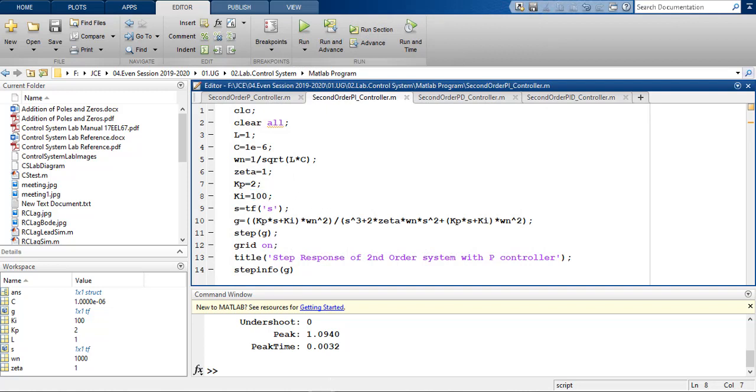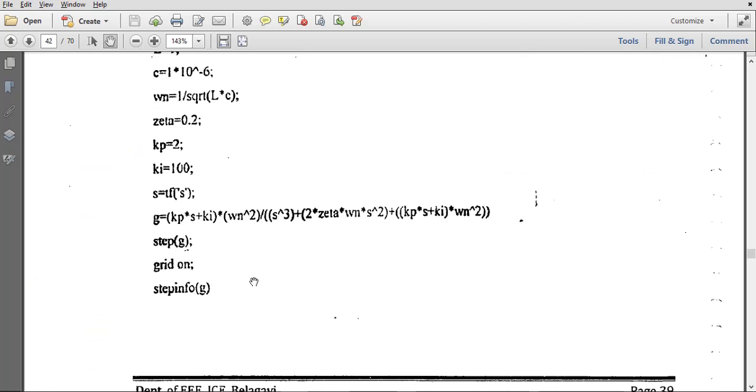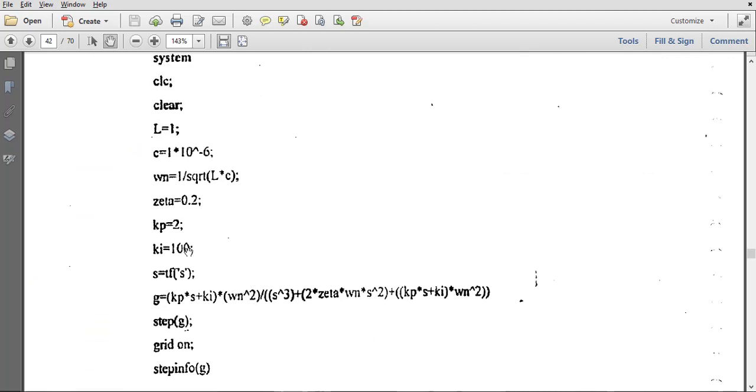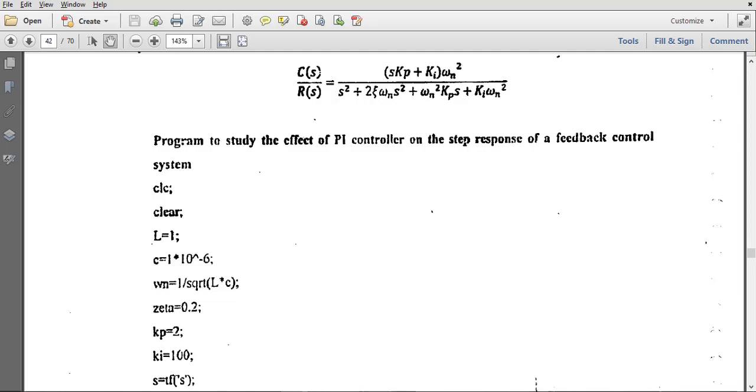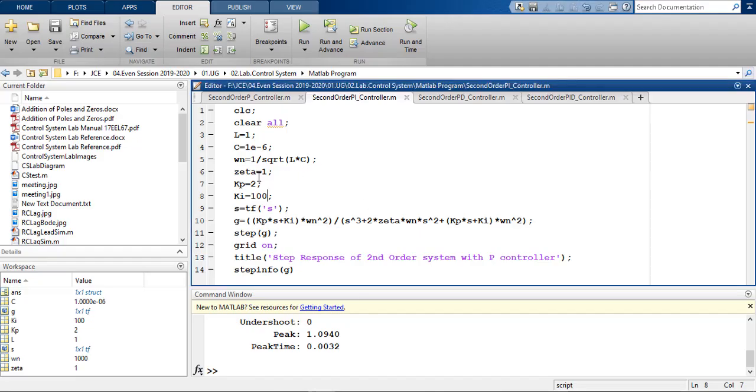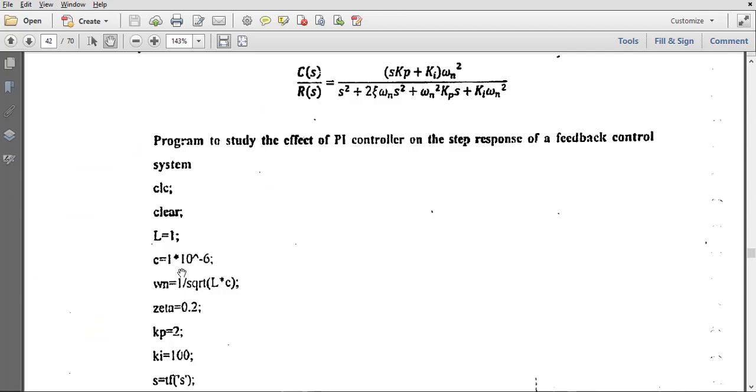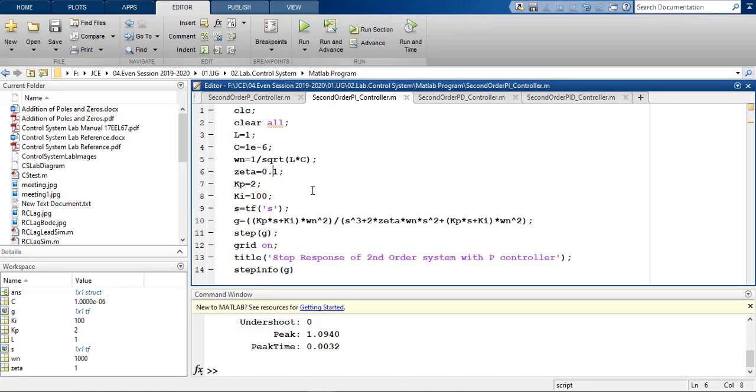According to the code here, we have used Kp equal to 2 and Ki equal to 100, with zeta of 0.1. Sorry, zeta is 0.2.